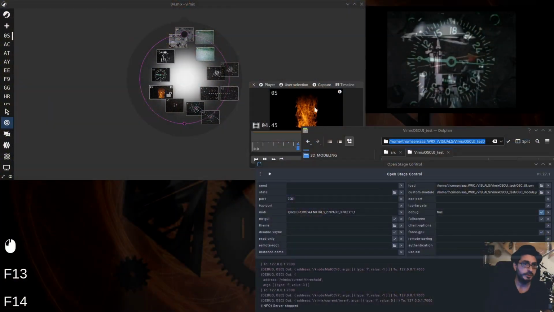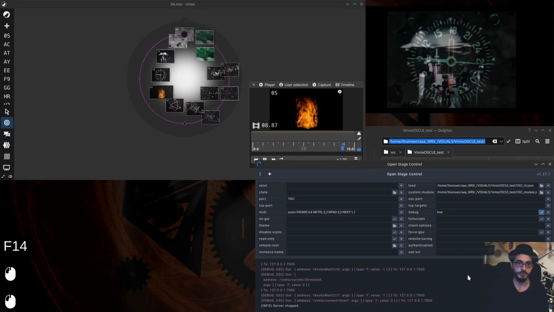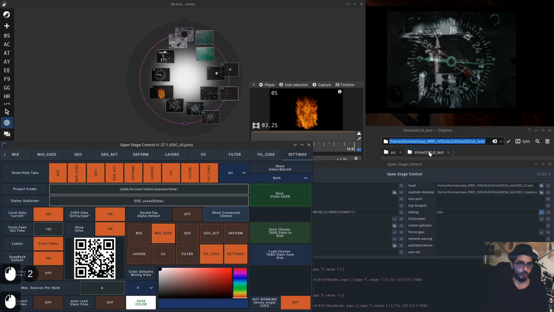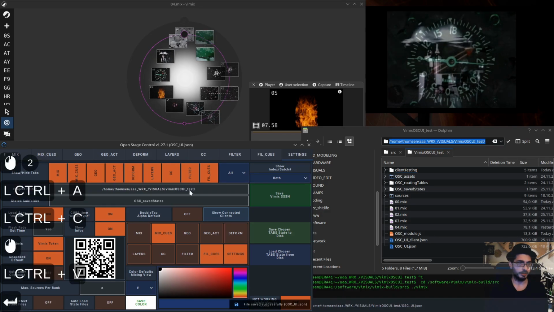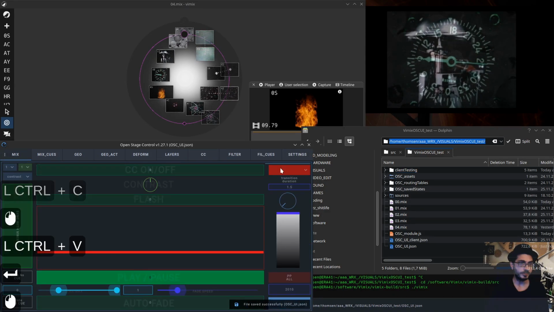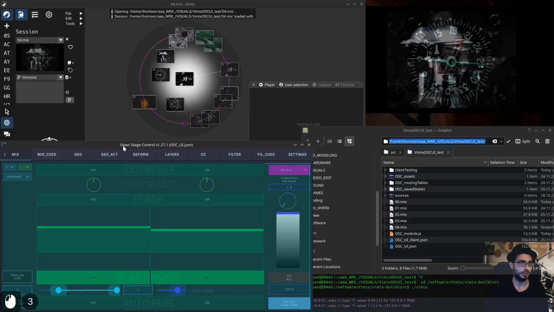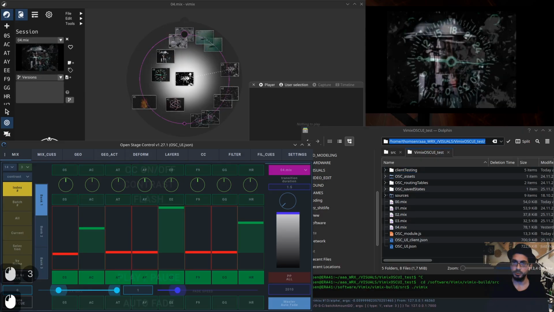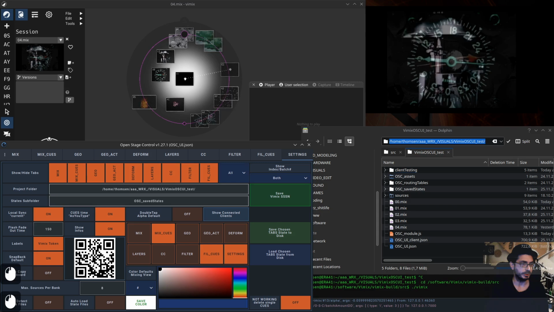Okay, let's hop into our interface. As always, Vimix is running already. We are starting the template. We are going to paste our path into here, press enter, and we are going to reload the open scene. So here we are, it is syncing, and now I will have a look at the settings tab, at this